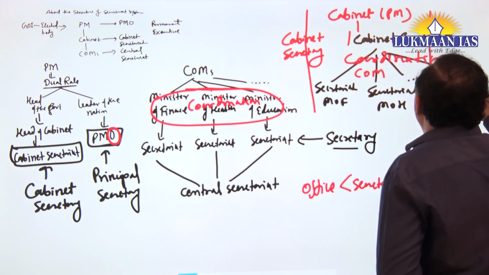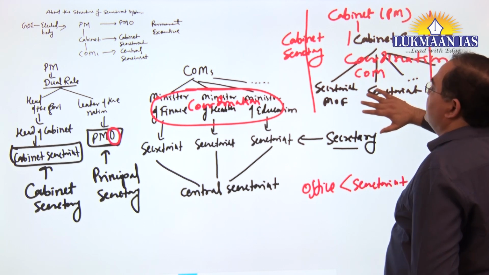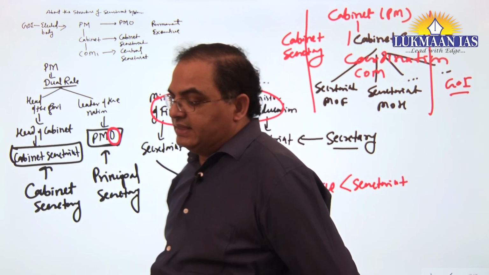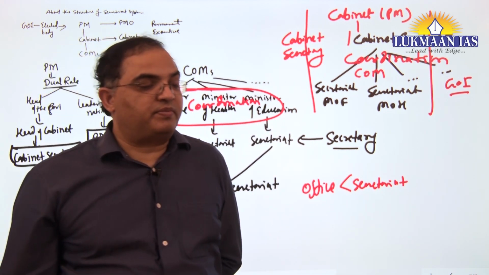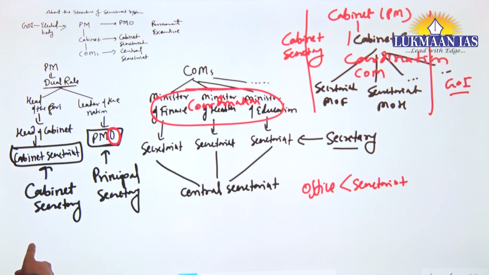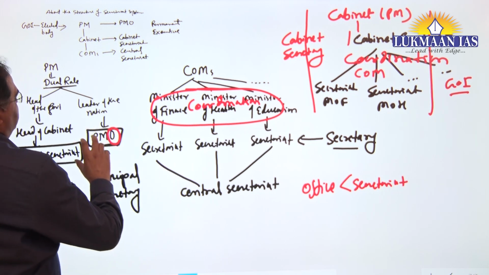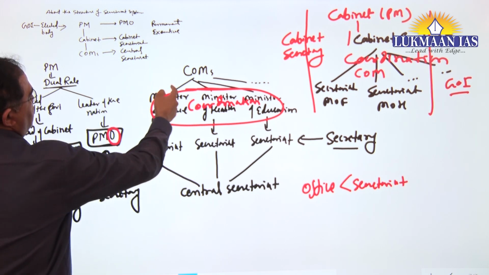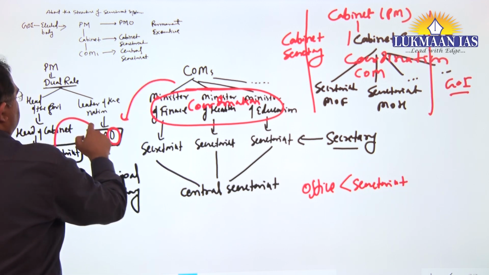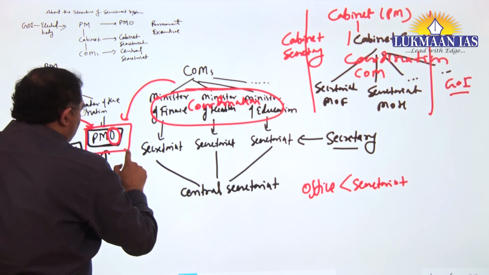So basically, this can be considered as a Government of India consisting of elected head and permanent head, responsible for taking decisions and ruling the country, framing policies. But what you find is there is shift of powers. So when Prime Minister is strong, power is shifted from this to this. Power is shifted from this to this. So PMO calls the shots.